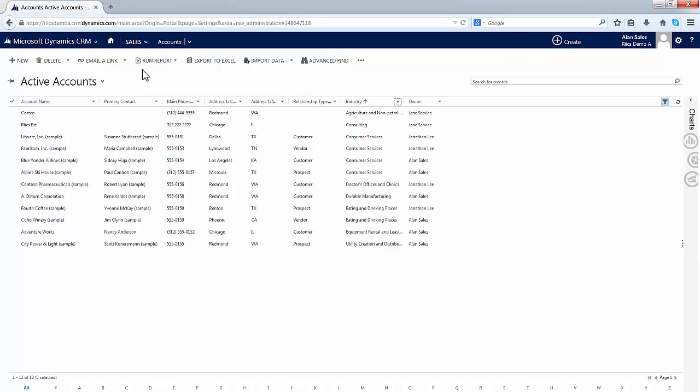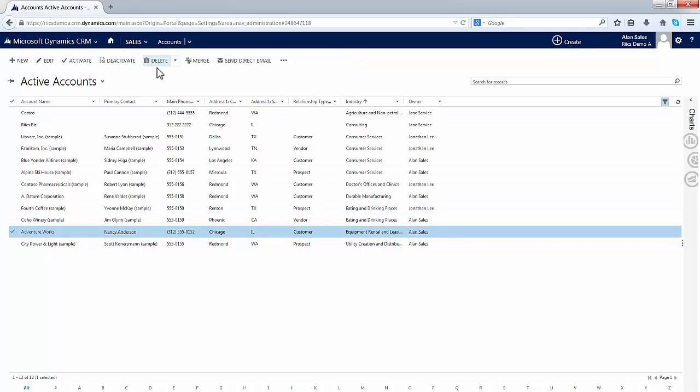Now to the top here, right below the navigation bar, are the command bar. Command bars are a set of actions you can take on the records. So for example, if I were to click on AdventureWorks, notice how the command bar just changed. They are context sensitive, so it will expose the set of actions you can take on a record or set of records. So here, after selecting the AdventureWorks, I can click on Edit to edit the record, click on Deactivate